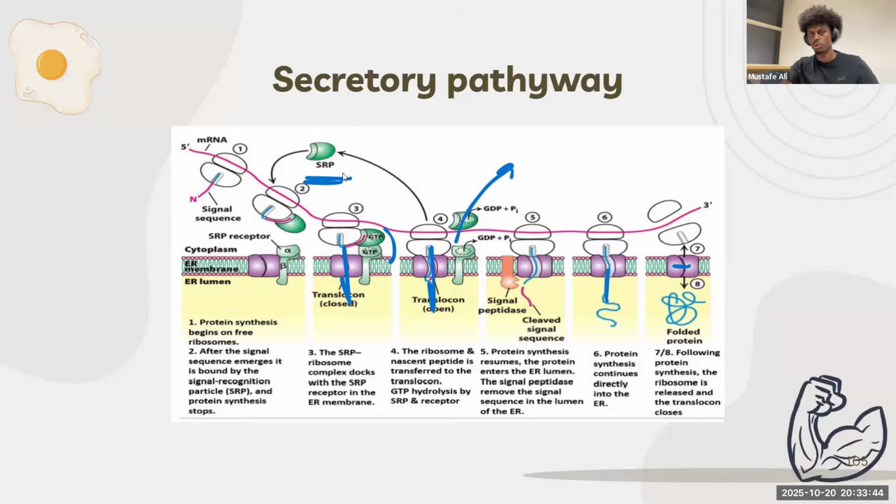the signal sequence. What this SRP does is that it takes it closer to the ER, acts like a taxi, and then it binds onto its receptor. The SRP will bind onto its receptor, and it will lead to energy being released. Once energy is released, it will open up this channel called the translocon. So it opens up this channel, and part of the protein will enter the ER through this translocon. Once it enters, the ribosome will carry on translating the peptide, and once it's fully developed inside of the ER, it will be released, and this ribosome will leave the complex. Did that make sense?